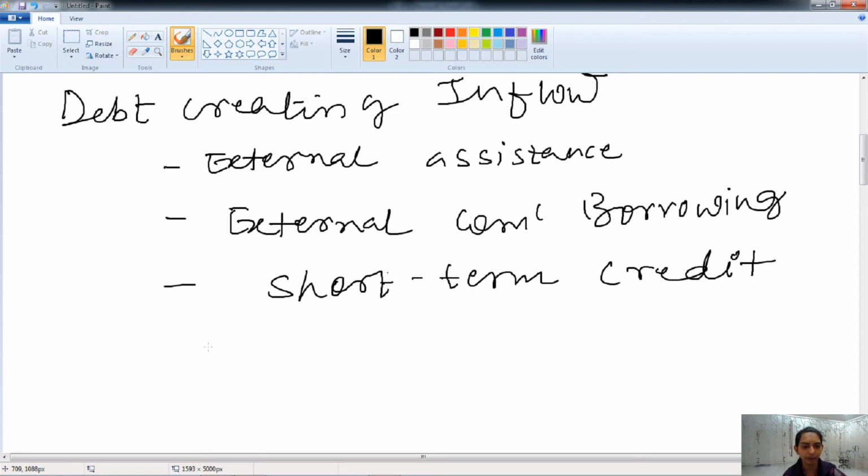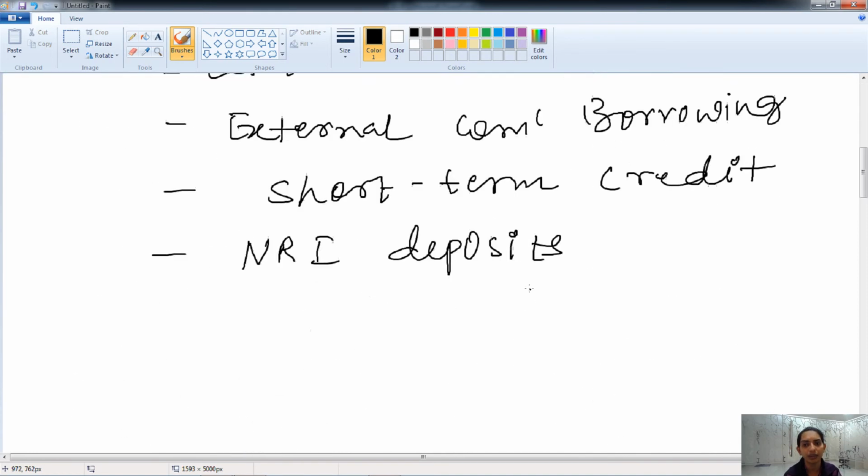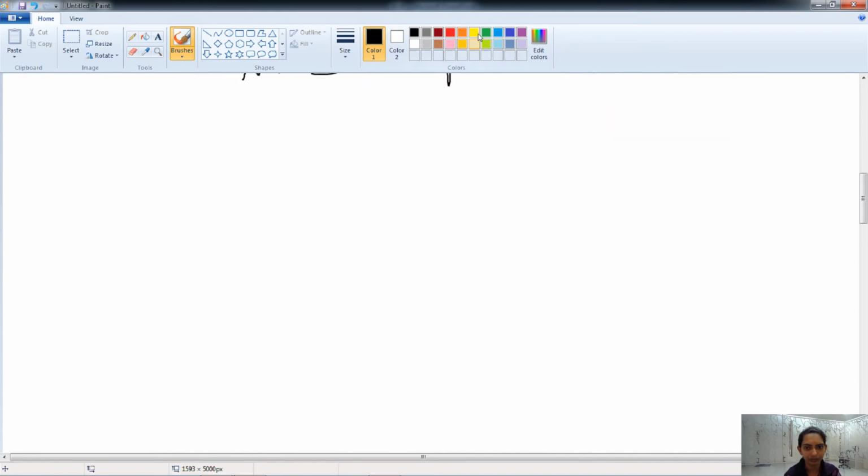That is the inflow and that creates debt for a country. Then the NRI deposits. These all are the debt-creating inflows. So that is included in the capital account. So here the current and capital account flows